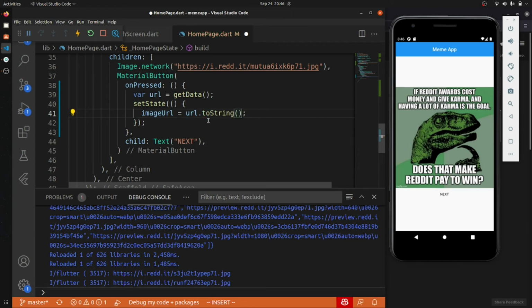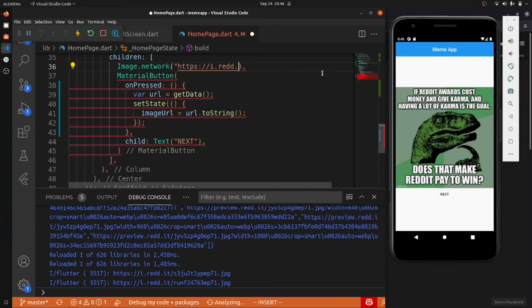Okay, so we have just converted everything to a string, and now we will remove this one by one and set it as image URL. This is a way.